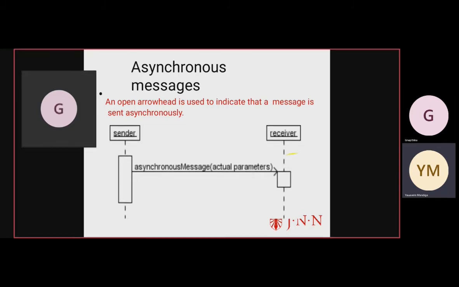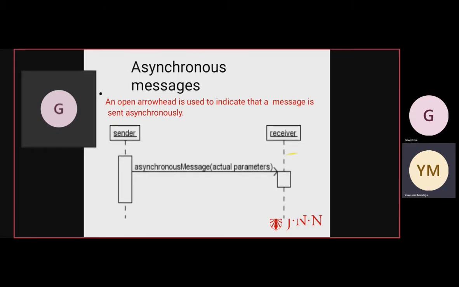First of all, we have a customer, and along with the customer we have two different objects: a waiter and a chef. First, the customer passes the message take the order, that means he gives the order to the waiter. The waiter collects the order, and then sends the message to the kitchen, that means the chef. After that the chef receives it.